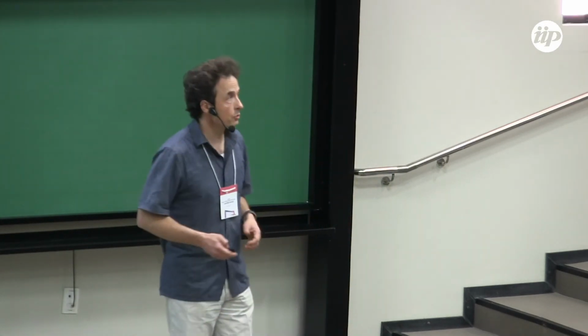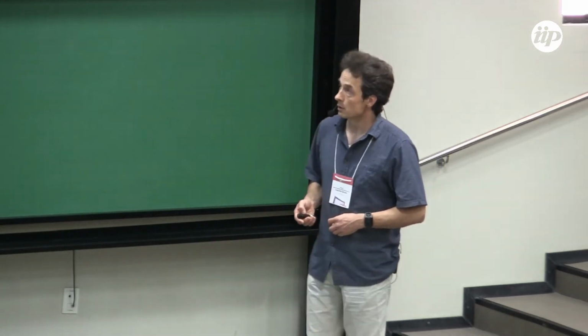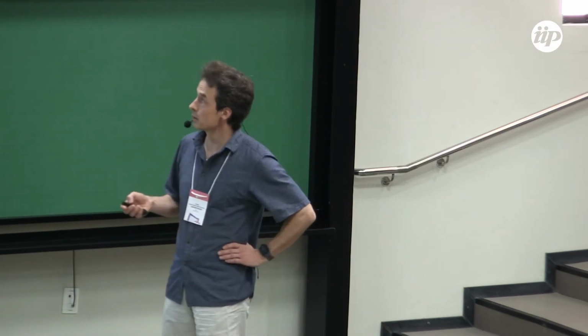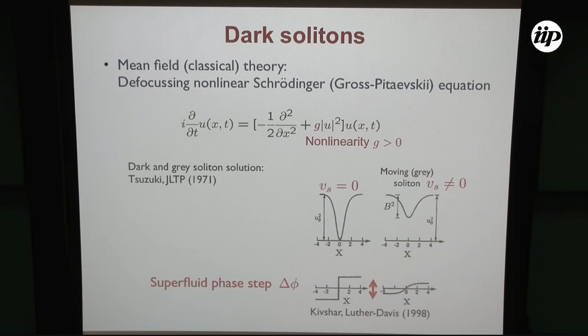Okay, now let's go to the main topic here, to dark solitons, where things are interesting, maybe a little bit more interesting because they're a little bit more difficult to describe. Okay, so first of all, the classical solutions of these equations were found here by Tsuzuki. So we have zero velocity dark solitons which have a localized dip, the density actually goes to zero. The density does not go to zero for moving solitons, and there's a superfluid phase step that is quite relevant,